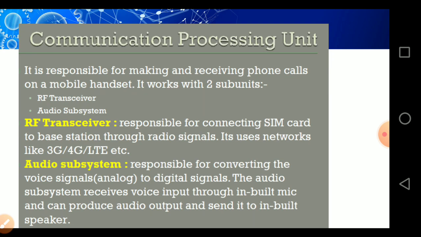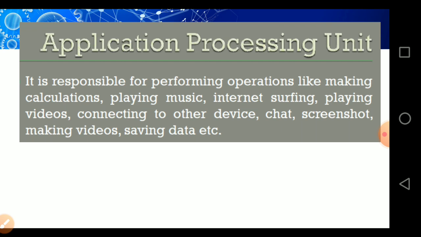What are the functions, or the services, provided by the communication processing unit? They are responsible for making and receiving phone calls. So it has the RF, radio frequency transfer, as well as the audio subsystem. The RF transfer is responsible for connecting the SIM card to the base station through radio signals, and the audio subsystem is responsible for converting the voice signals to digital signals such that they can pass through the net. And the application processing unit is responsible for performing and handling all the operations that you are making in your